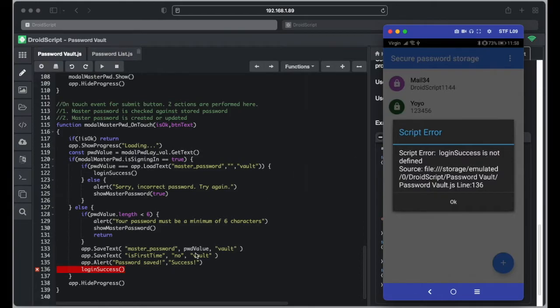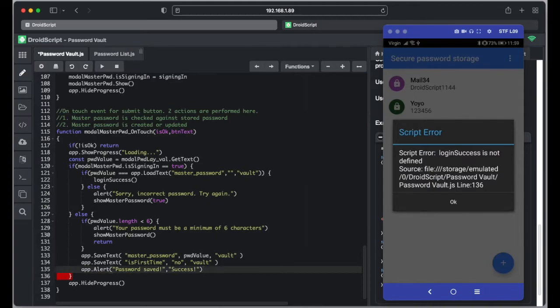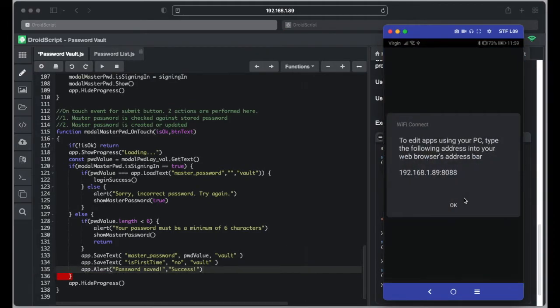So if I go back to the file, yes, we're calling a function that doesn't exist called login success. Can you see? We don't need to do that. Actually we don't need to do anything there, because we're just saving it. So actually we can remove this line. Now if I press,